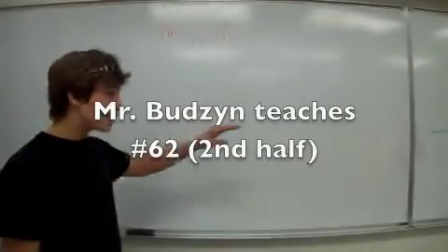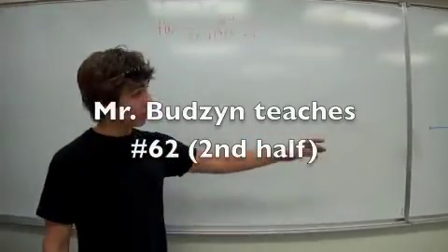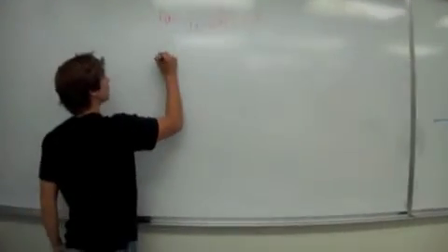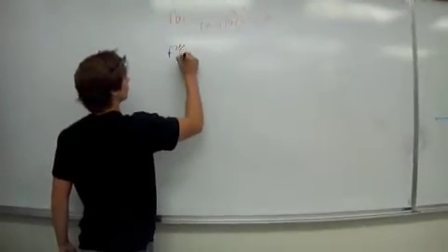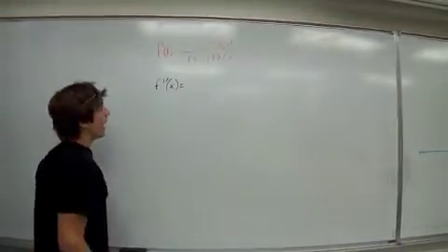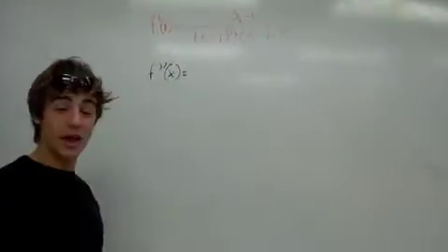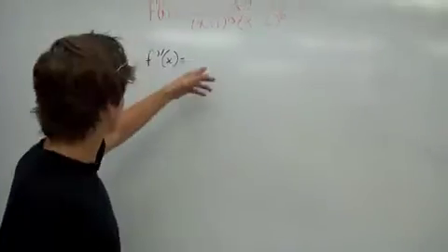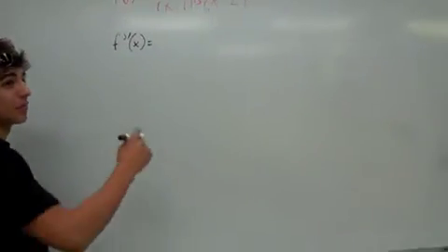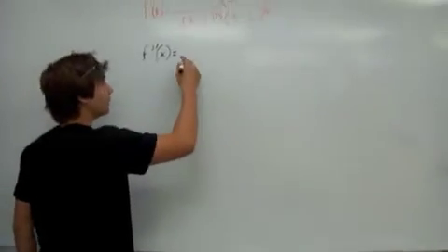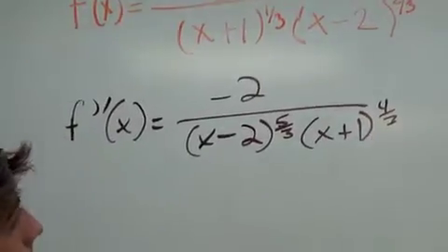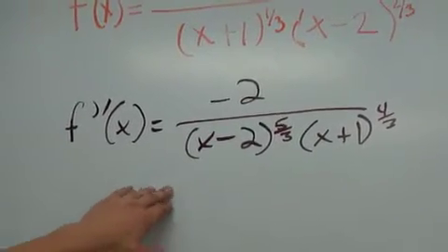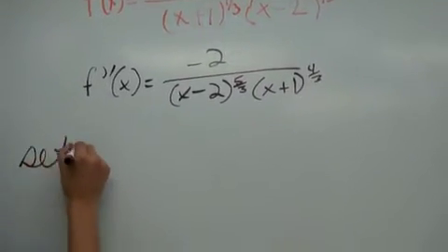In order to find a more accurate, defined shape of our graph, we need to find the second derivative of our function. And since it's crazy hard, look at that. I'm Mr. Budzyn. I'm telling you, plug it into your calculator because there's no way. Plug it into your calculator and get an answer. Alright, and the second derivative is, from this,